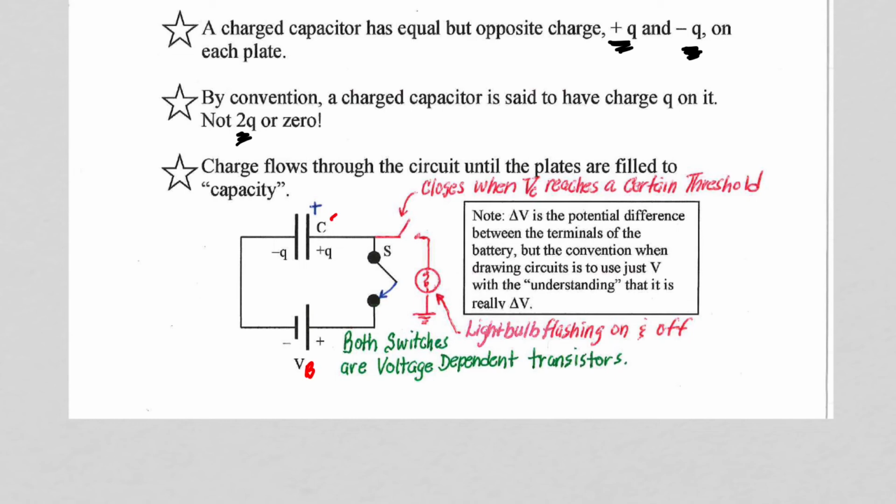Without the red, and I'll talk about that in a second, we just close the switch and charge the capacitor up until it is fully charged. Now, once it is fully charged, the charge stops flowing. It doesn't matter whether this switch is actually opened or closed. Nothing happens either way. So if it's fully charged and we were to open the switch, so we're going to open it back up,